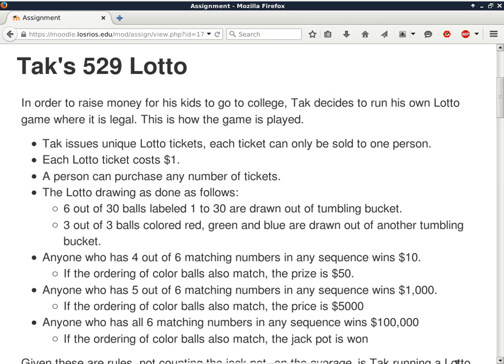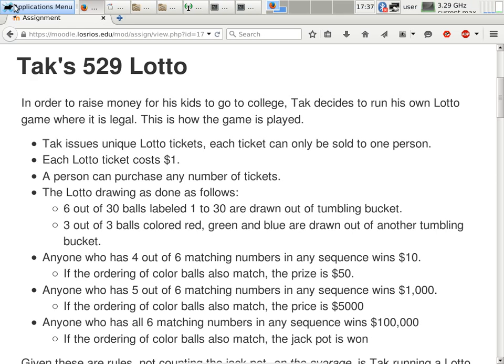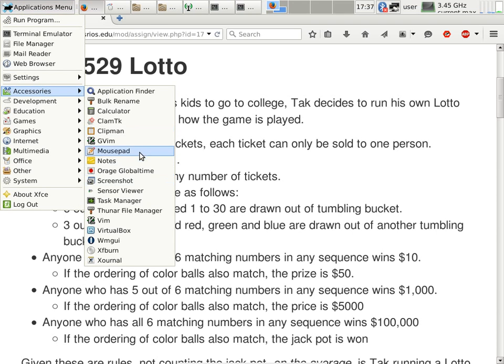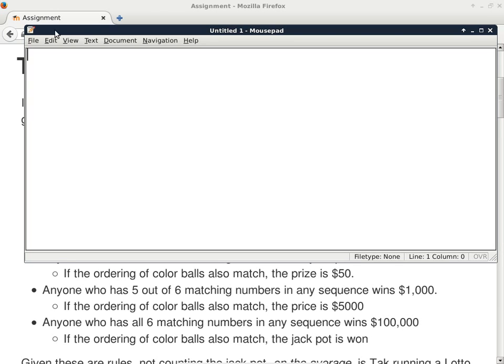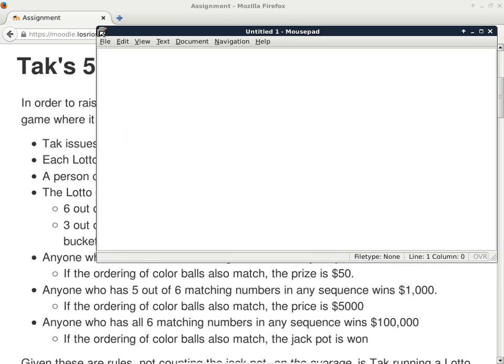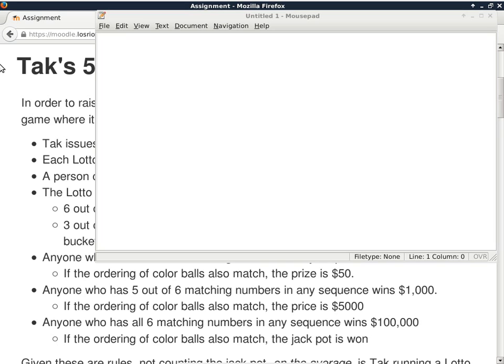All right. So what we'll do is we'll go ahead and analyze this problem. And we'll do it by paper, or we can just do it using a text editor first, and then we'll take a look at the problem. All right, so what you want to do is to think about this problem after I draw the 6 lucky numbers and the 3 color balls.